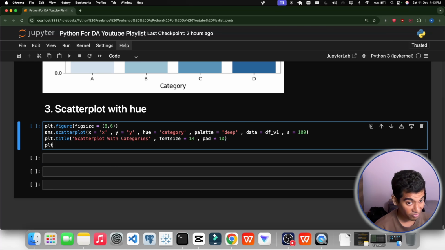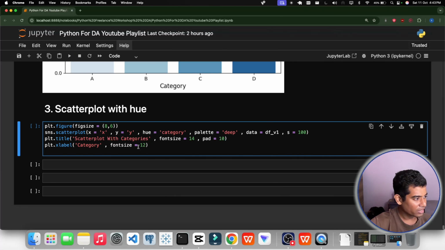Now as we are done with the title part, now let's go for the X and Y naming. So X and Y naming is what? X label and Y label. So X label, we are done with this. In this we will write, what should we write in the X part? I mean category. Y category, because X here contains category and Y contains value, that's why. So for the X label we write category, and font size, let's take 12. Let's take font size as 12 because it will be easily distinguishable, that's why.